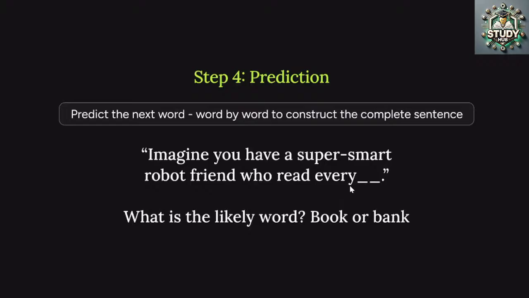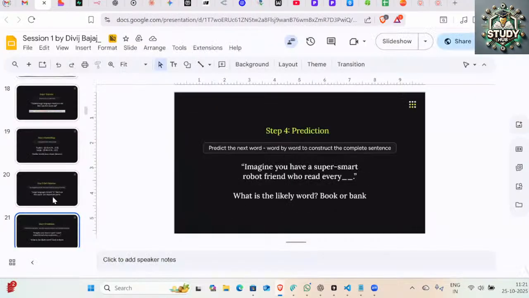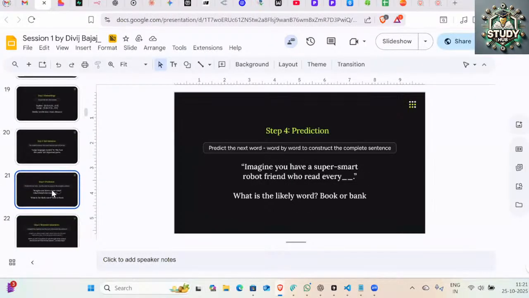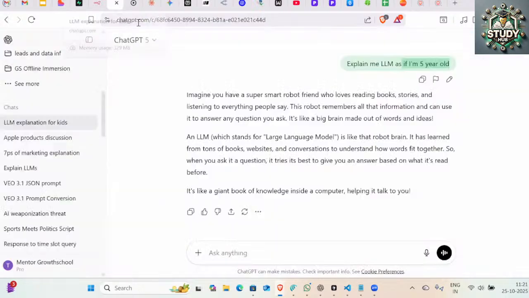But what is the chance of the word, let's say, democratic, right? Imagine you have a super smart robot friend who has read every democratic, right? The probability of the word democratic will be 0.0001, right? So that is how, the same activity which you did, the model assigns a probability to each and every word, and that is the science behind any large language model. There is no smart thing, it's all pure magic of, you can say, probability, right?